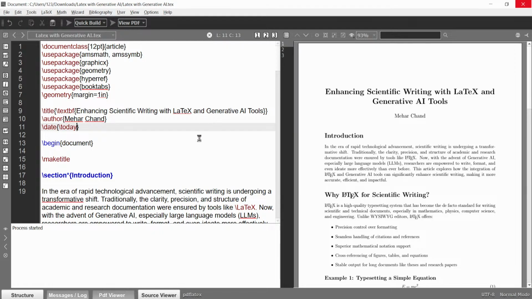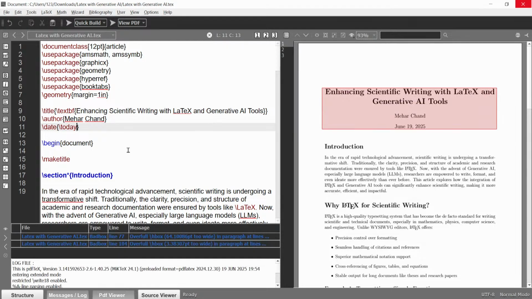Check it. Yes, it is fine. So when you enter here \today, it will take the date automatically from the system, and you can see that it is June 19, 2025.